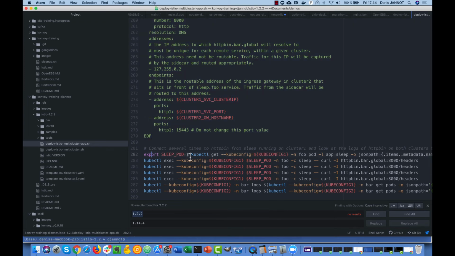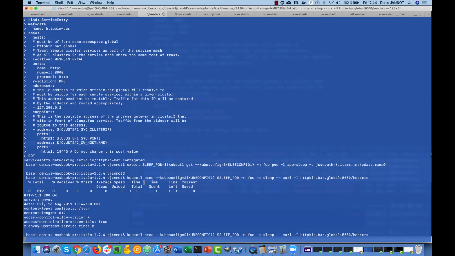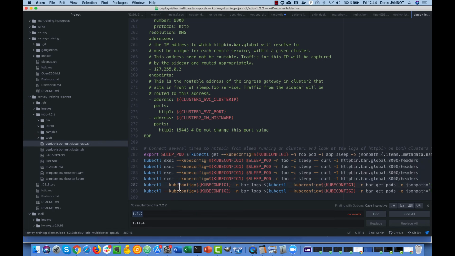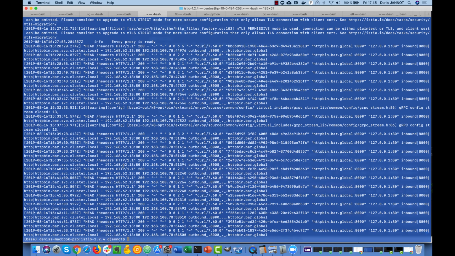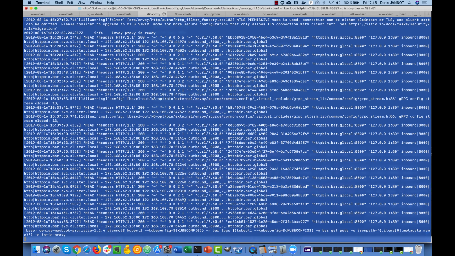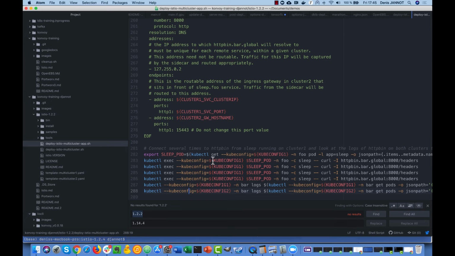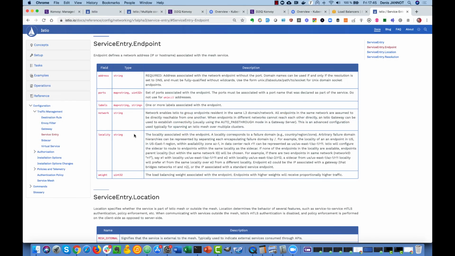So we get the sleep pod of the first cluster again, and we send 4 requests and just validate that everything still works well, and we can access the second microservice from the first site. And again, we check the access logs to see that requests go to both sites. So here we see 2 requests there and 2 requests on the other side. So you can do even much more. As I said, a lot of things are documented there.